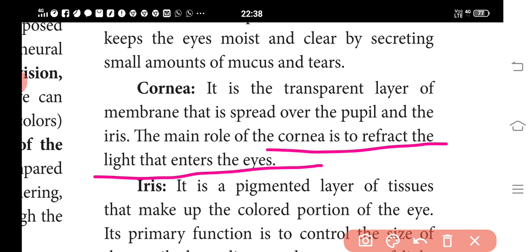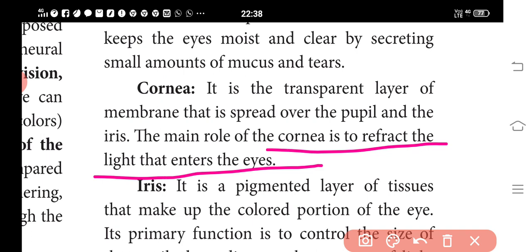The outer coat is composed of dense non-vascular connecting tissues. It has two regions: the anterior one is the cornea and the posterior one is the sclera. The cornea is a non-vascular transparent coat formed of stratified squamous epithelium, which helps the cornea to renew continuously as it is very vulnerable to damage from dust. Understand?